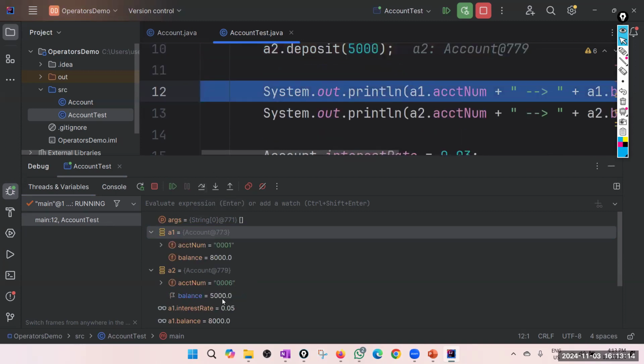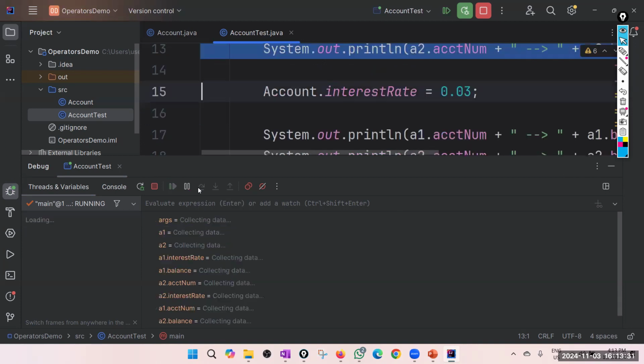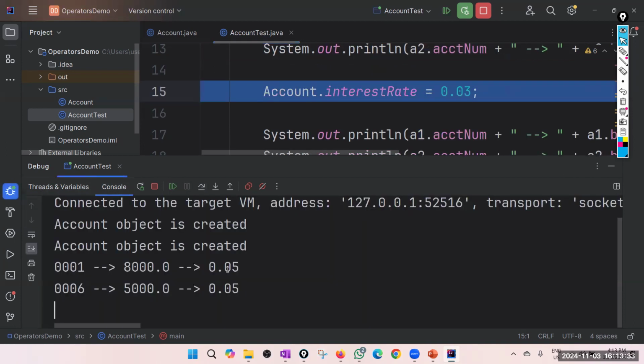Now you can see A2's balance is 5,000 because we deposited 5,000. Now when you say A1 dot account number, it will be 001. A1 dot balance will be 8,000. A2 dot account number will be 006. A2's balance will be 5,000. Now you know why. Look at the console.